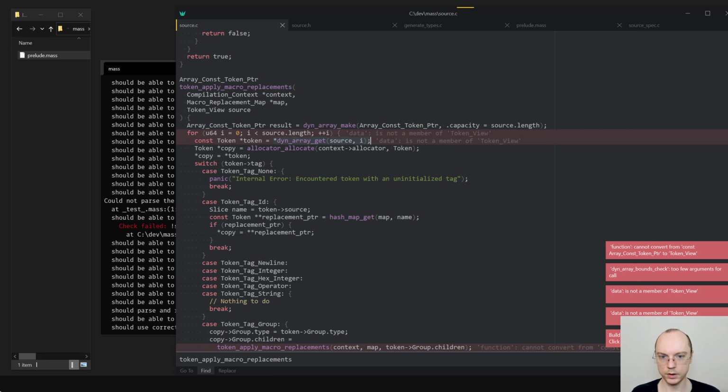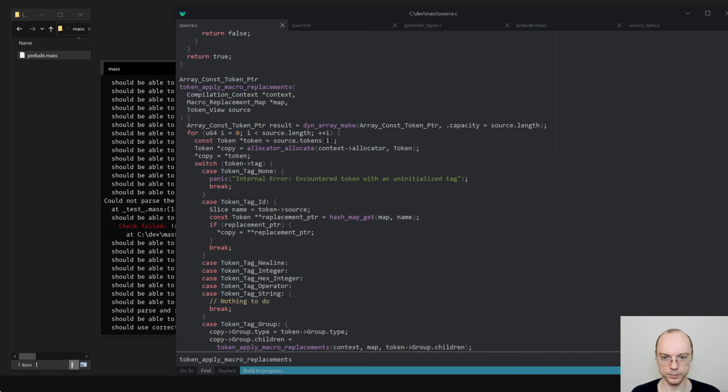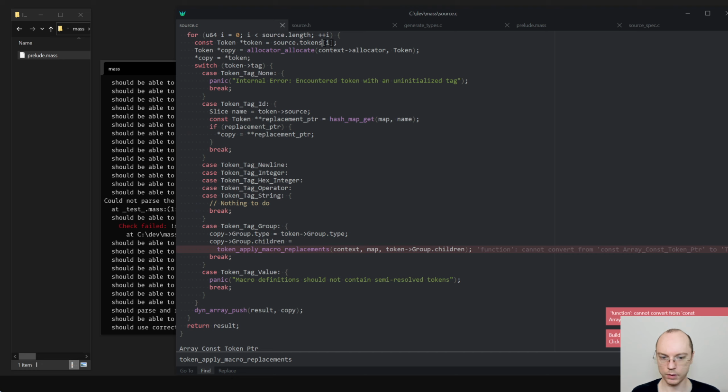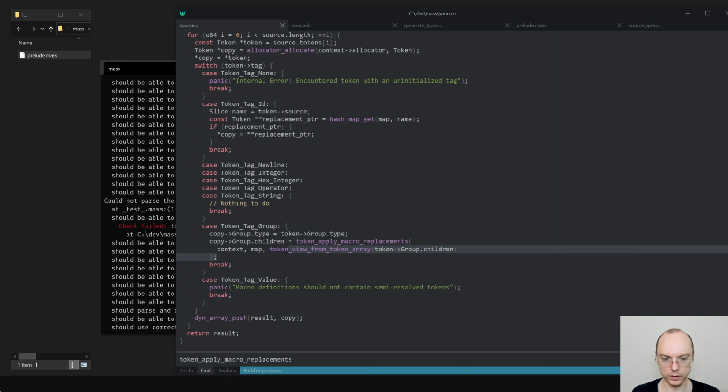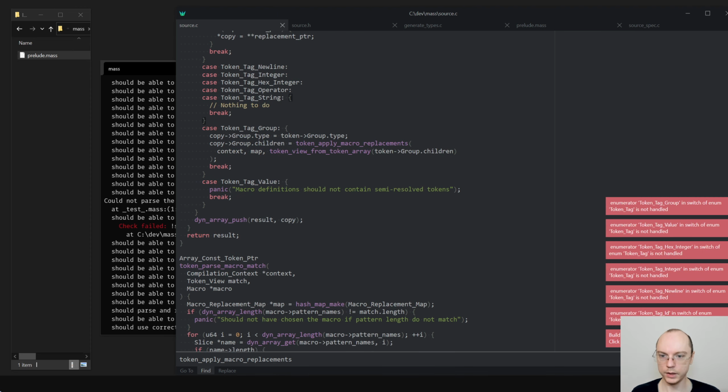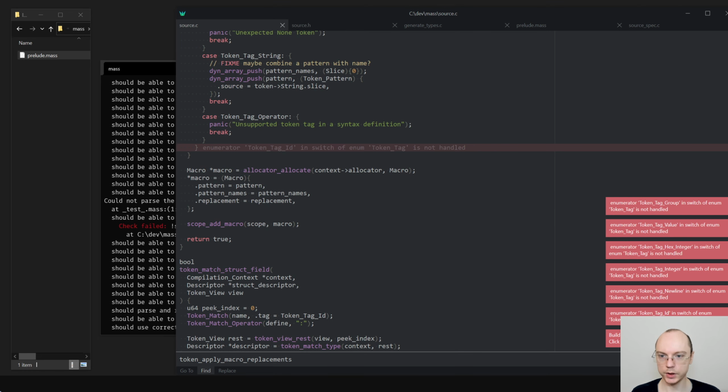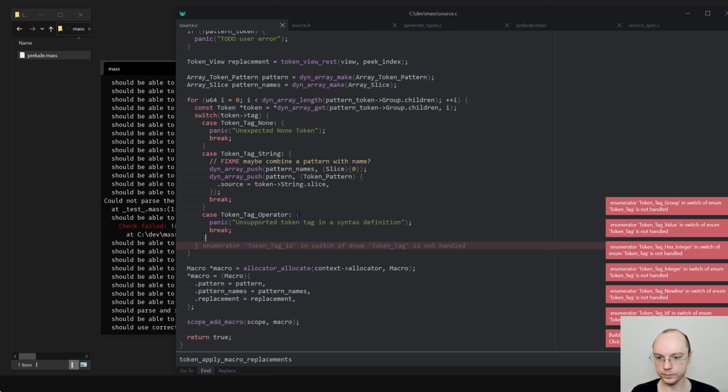Source length. Source tokens. Actually, not items, it's tokens. Okay. Same thing here, token view from token array. Okay, so that was a pretty easy change, and it's good to make it immutable.